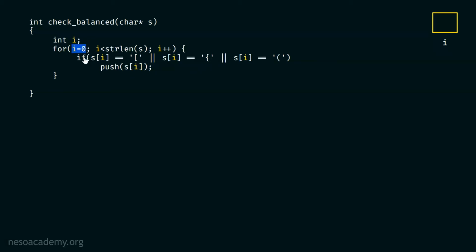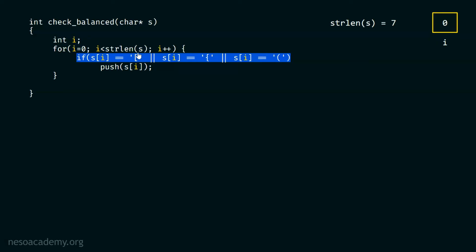Here we know this that I is initially 0. We know this that now this I variable will hold 0. After this we must check this condition. Is I less than string len s? Obviously it is less than that. We know this that string len s is 7. We must check this condition, is 0 less than 7? Yes. We must continue and check this condition.